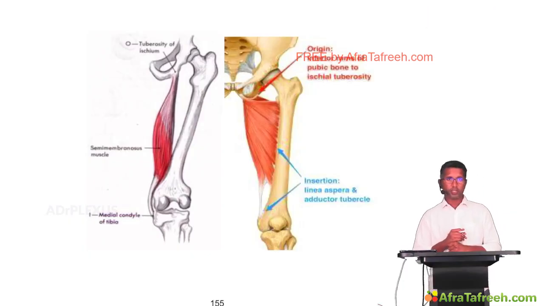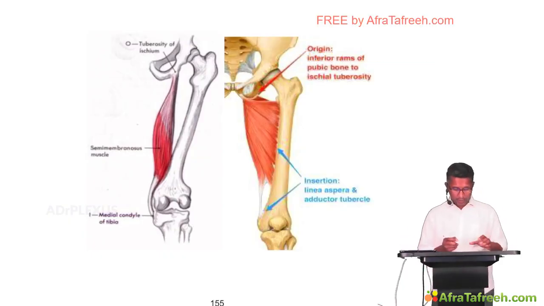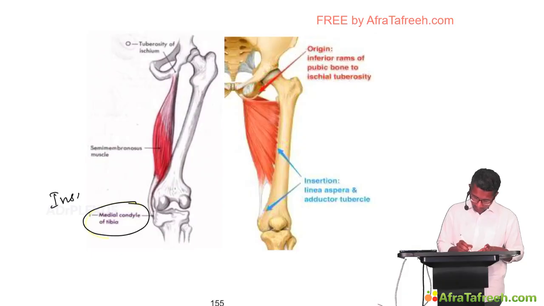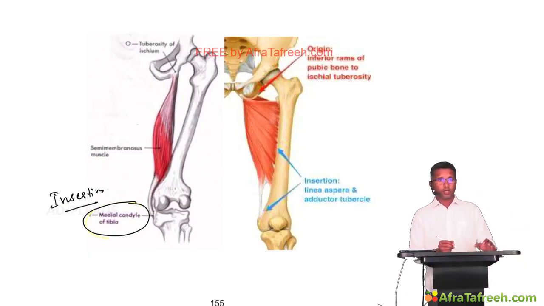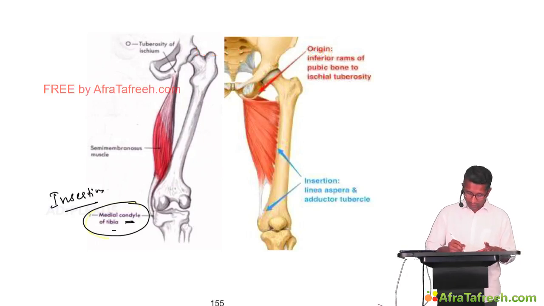This semimembranosus muscle again takes origin from the ischial tuberosity. It gets inserted into the medial condyle of the tibia. So this is where it is getting inserted. The insertion of the semimembranosus is into the medial condyle of the tibia. After it gets inserted, there is a fibrous expansion which goes to the lateral condyle of the distal femur, and